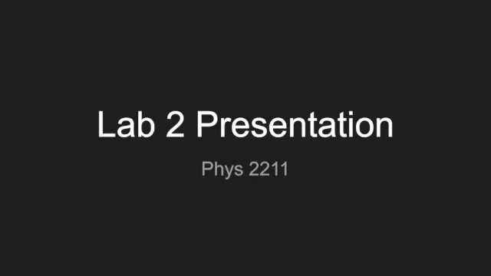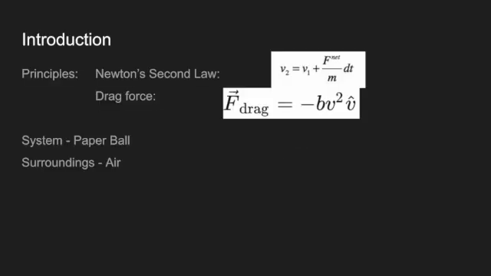Lab report on projectile motion. The purpose of this lab is to observe and analyze the motion of an object that is thrown and moves